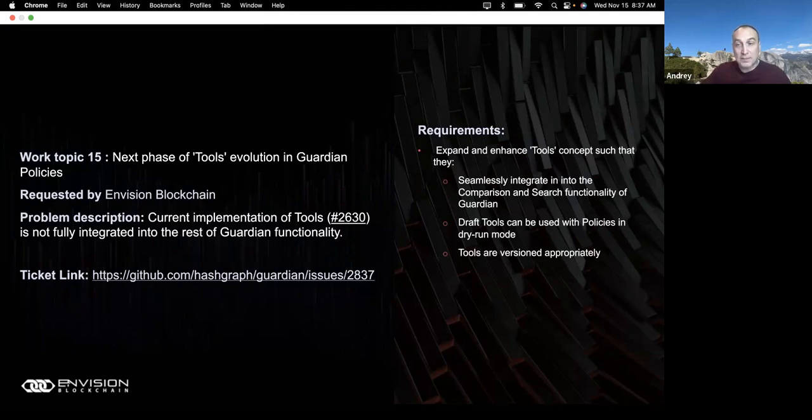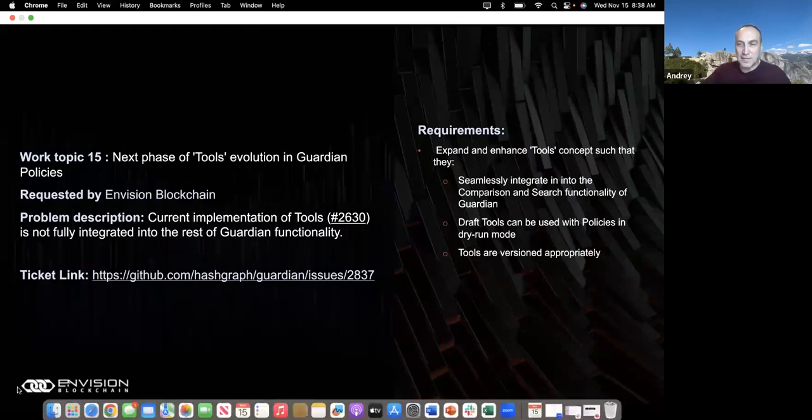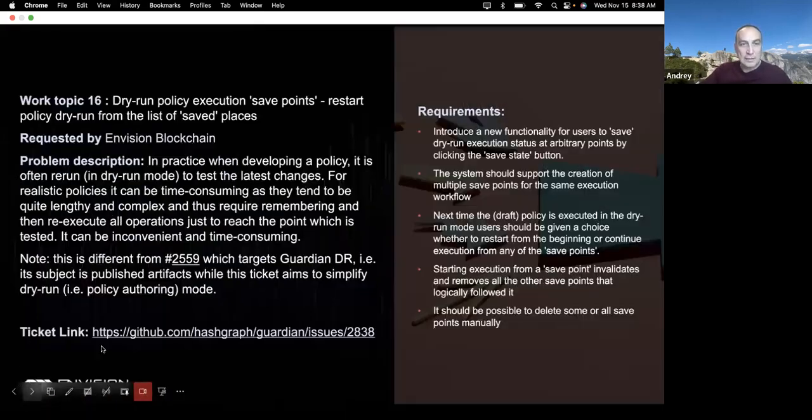It's a very complex adjustment, and we have done work that allows the creation of policies with tools. But there are a few concepts in Guardian, including the trust chain, that do support tools, but it's not done in the best way. So we would like, with this work, to introduce additional enhanced support for the concept of tools in trust chain and policy differentiation, including those new enhancements on a global scale and so on. Moving on to the next one, please, Prina.